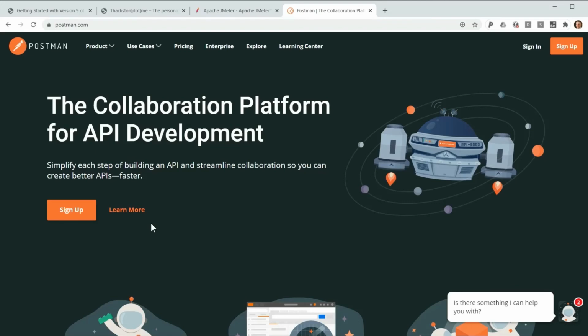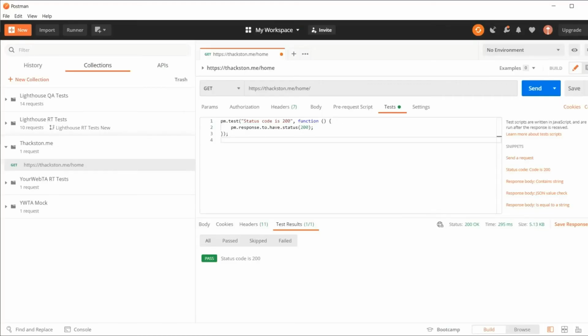Postman is an API test tool that works similarly to Selenium or JMeter in that you define certain tests that you would like to run, and the Postman application will execute those tests, will check for the results, and will tell you if they succeeded or failed. Now, the Postman interface looks something like this. We enter in a URL